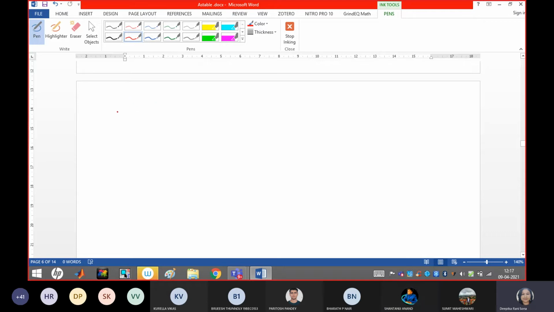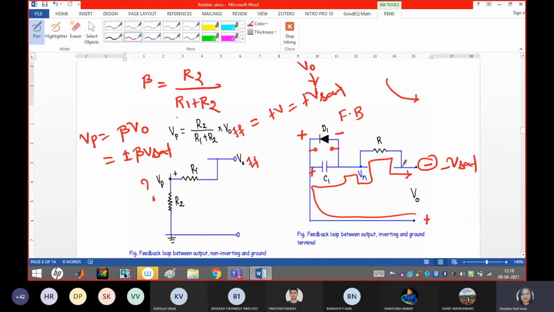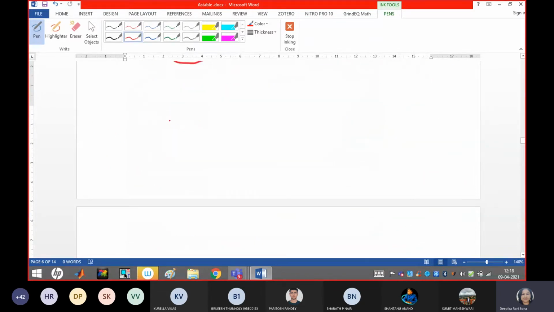So guys, for the derivation of the time period and the frequency of oscillation, just write down. Before that, one more thing. This Vp is nothing but R2 into V0 divided by R1 plus R2. I want to write beta equal to R2 divided by R1 plus R2. I may represent this Vp equal to beta V naught, or if V naught is changing to plus minus Vz, I may rewrite the equation as plus minus beta Vz. Remember this part also, because now we are going to utilize this term in our equation.